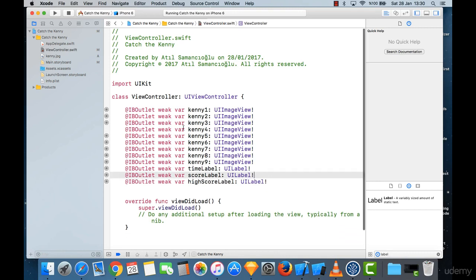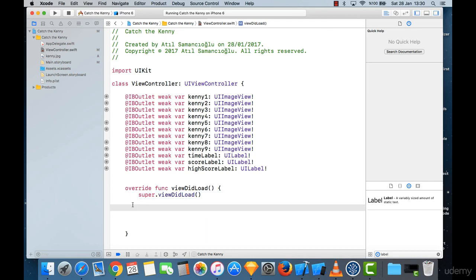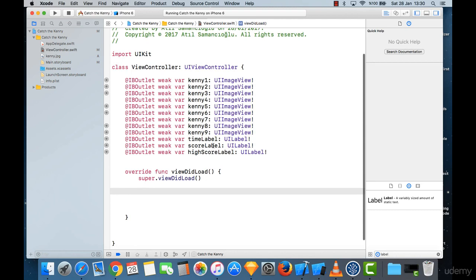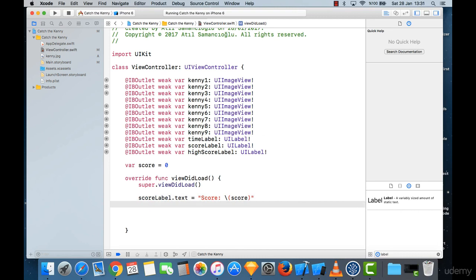Okay, so under viewDidLoad, we are going to say first of all we have to create a score variable, right? So initially 0, and under viewDidLoad we have to say scoreLabel.text is equal to "Score: \(score)". Okay,